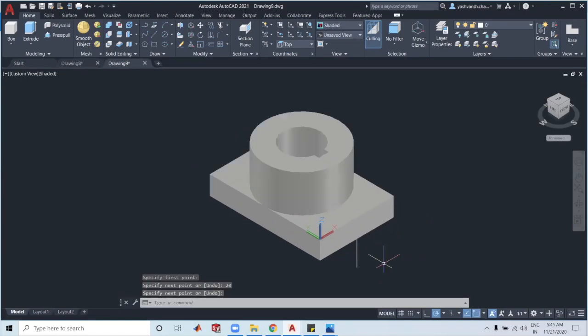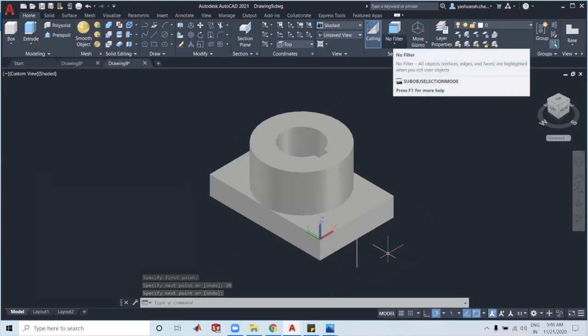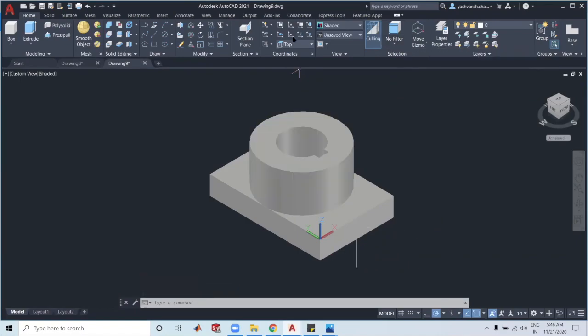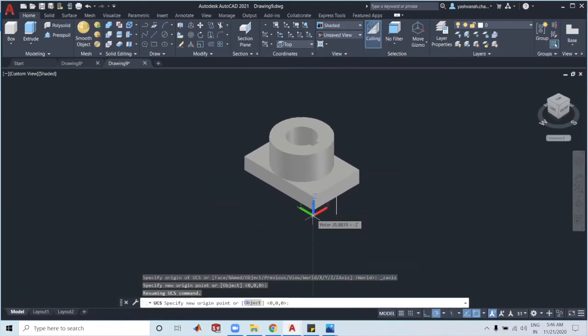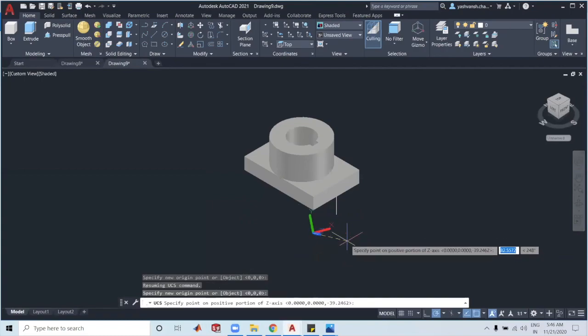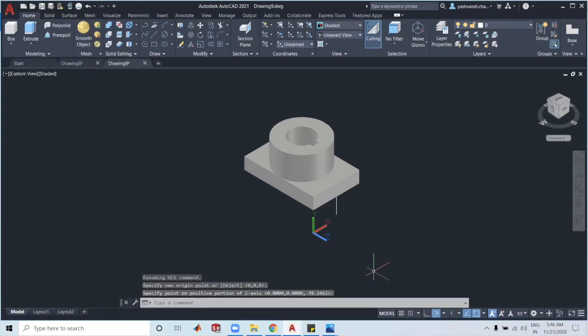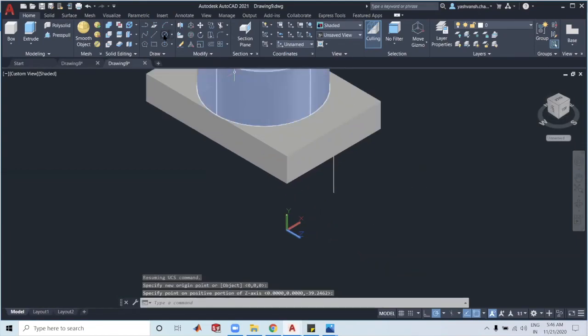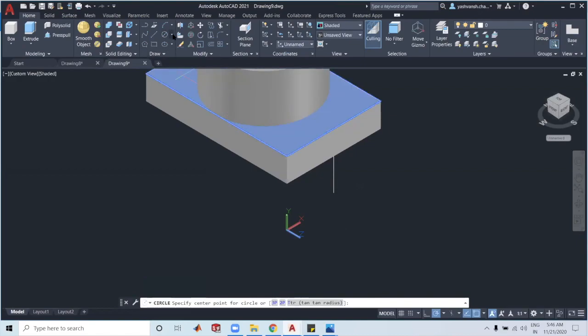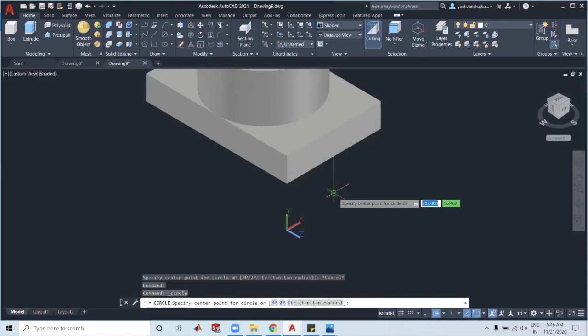And now I need to change the coordinate system. I need to align my z-axis to a particular direction. So how I do that is I come to the coordinates panel over here. I select this z-axis vector from here. I come over here and I just locate it anywhere. I want my z-axis to be in the opposite direction like this. Simply press enter key. Now select the circle command, the diameter, and locate the end point of this vertical line